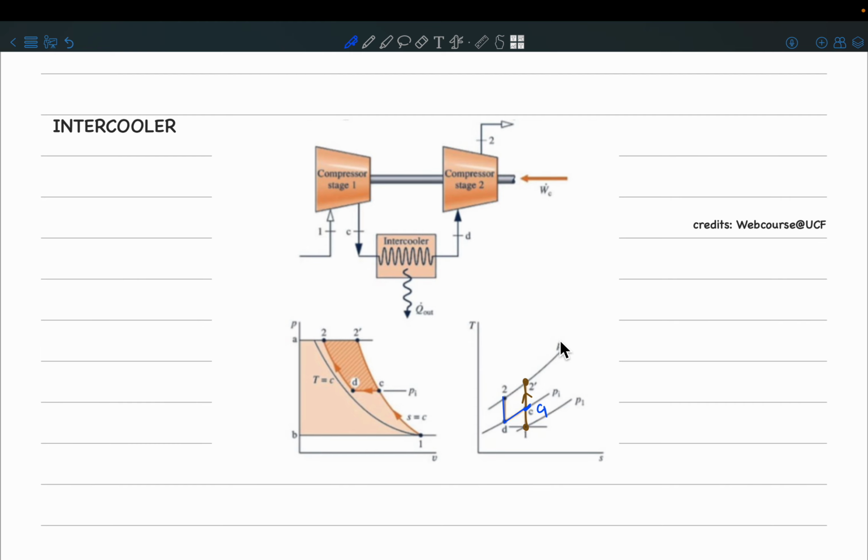So now what have we done? We have achieved the same pressure P2. So the pressure ratio across this multiple stage compressor is the same, which is P2 by P1, right? But if you compare the temperatures which have been reached, you can see that because of the intercooler we have been able to achieve a lower temperature. So T2 is less than T2 prime. Okay,